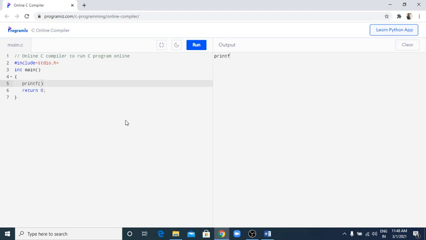Inside double quotation marks we write the string hello world, close the double quotation, and this statement is terminated with a semicolon. Now we simply print the message hello world.